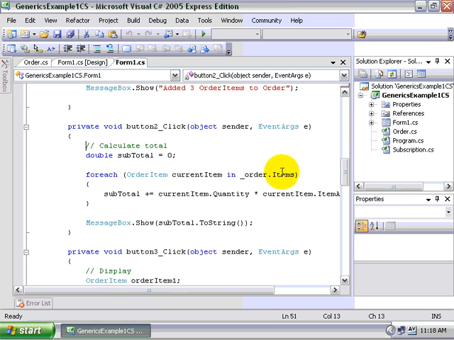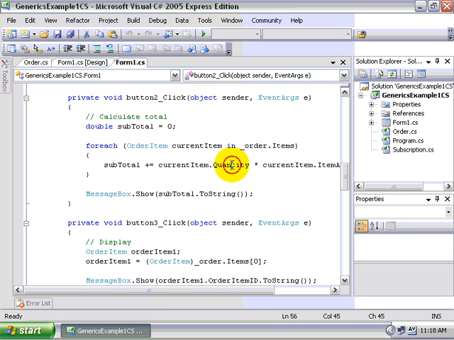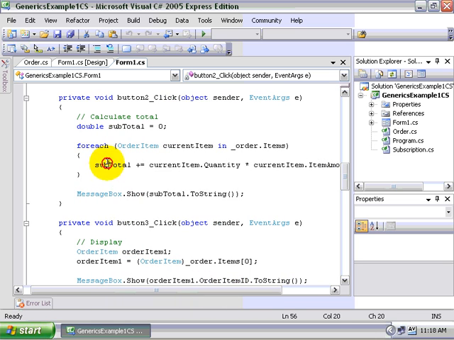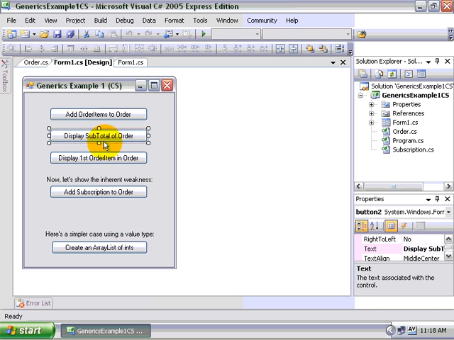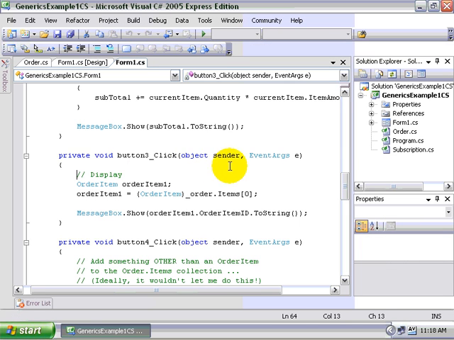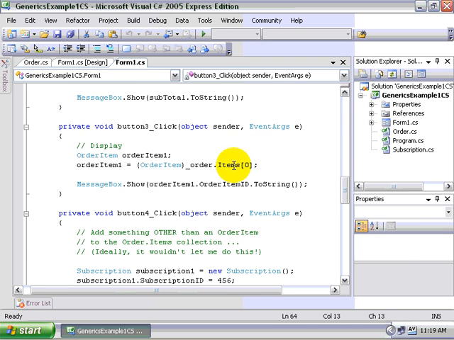For each order item in our order.items array list, we'll take the current item, multiply its quantity times the item amount, and then add that to our subtotal and display that subtotal to the user. In the third button, all we're doing is grabbing the 0th or first item within our items collection and then displaying the order item to the user via message box. Okay, so that's all well and good,